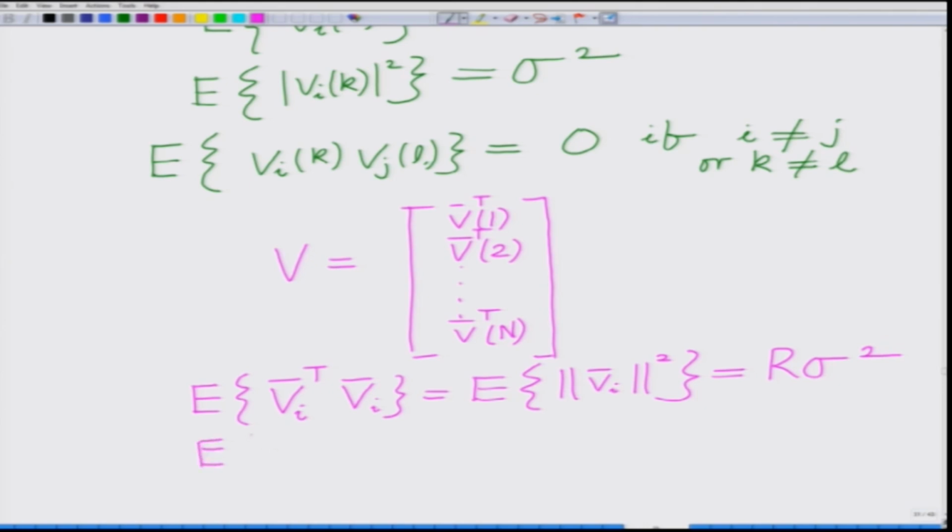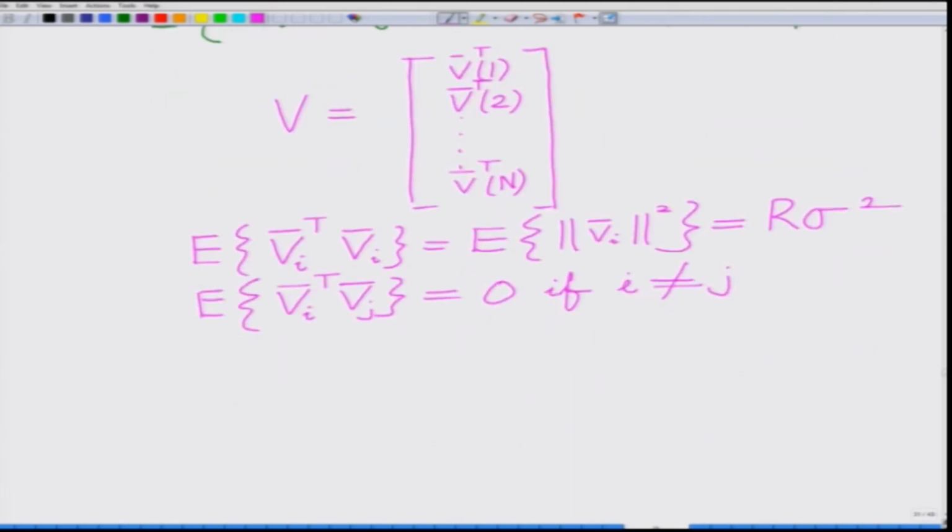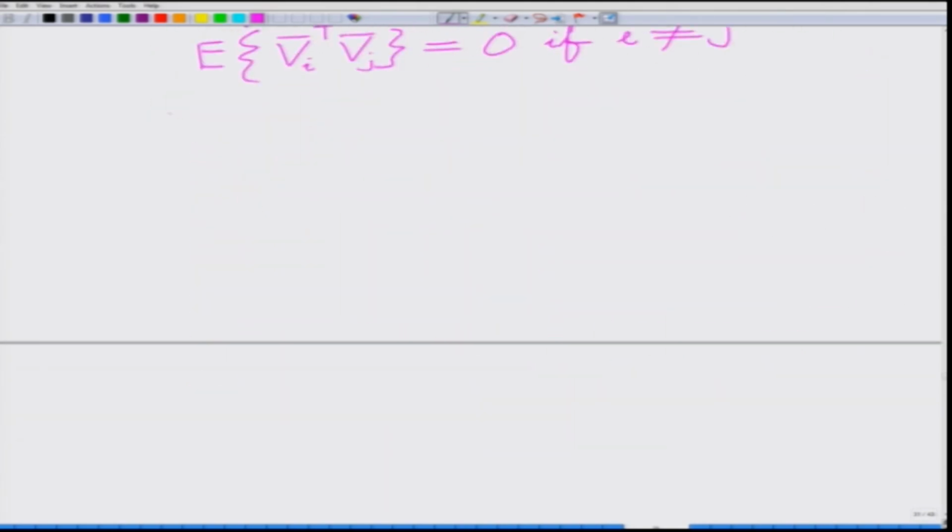Similarly, expected value of Vi bar transpose Vj bar equal to 0 if i not equal to j, alright,